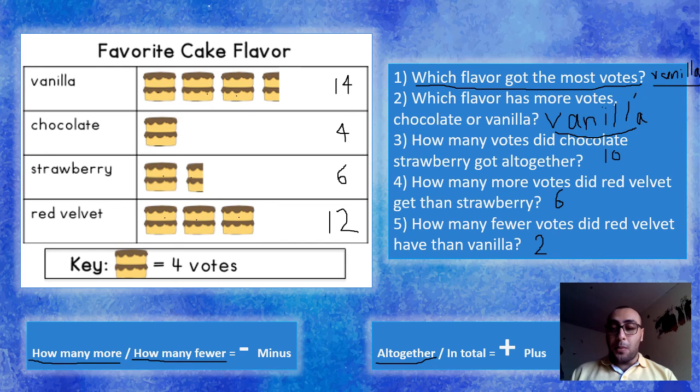Remember, the most important part about Pictograph is the key number. Okay, so there is one picture and the picture means a number. That's very important. Okay, that's it for today's